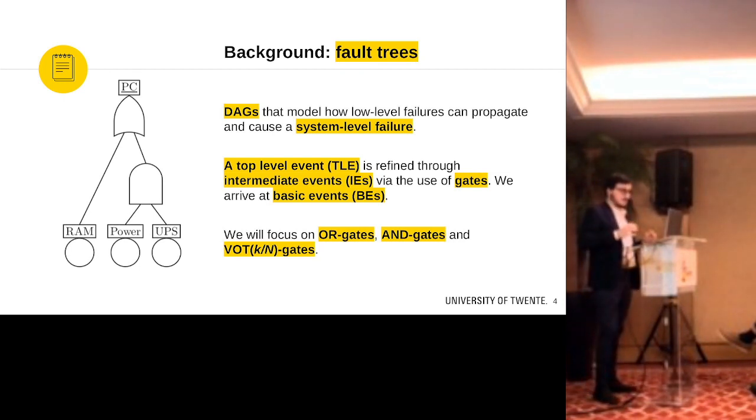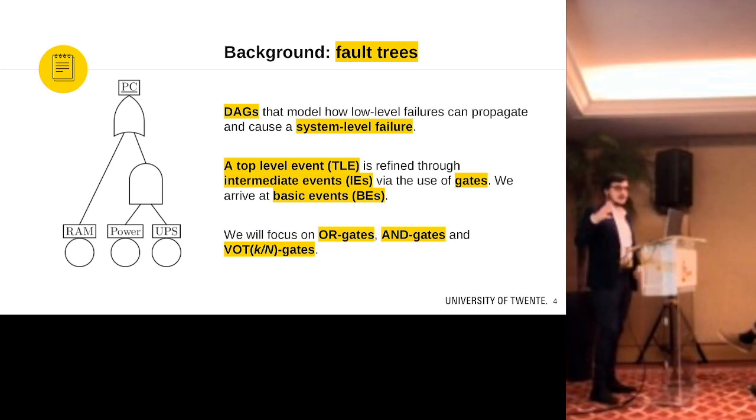There are numerous variants of fault trees. We consider fault trees as DAGs, so they can have shared children. The name is a bit unfortunate, because they can also be not tree-like structures. We call the objective of the failure assessment the top level event, and we call what is in between intermediate events, which we usually refine through